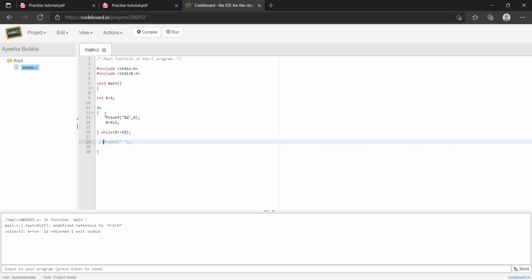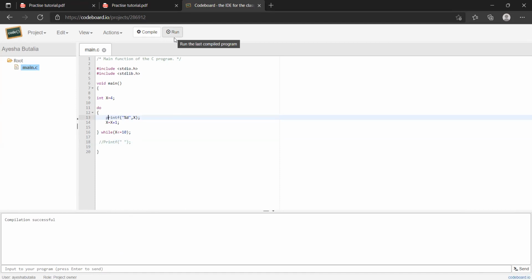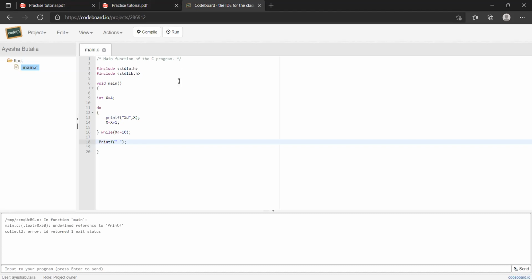Undefined printf. So this p should be small, because I told you that C is case sensitive. Oh, we are lucky. The program has compiled successfully. Let's run the program. So you get all these numbers without any spaces. So this was for that, there is a space involved. Compile the program. Okay, what is the error? Capital P, ma'am. Capital P again. Very good. This will come by practice. Do not worry, but don't give up.